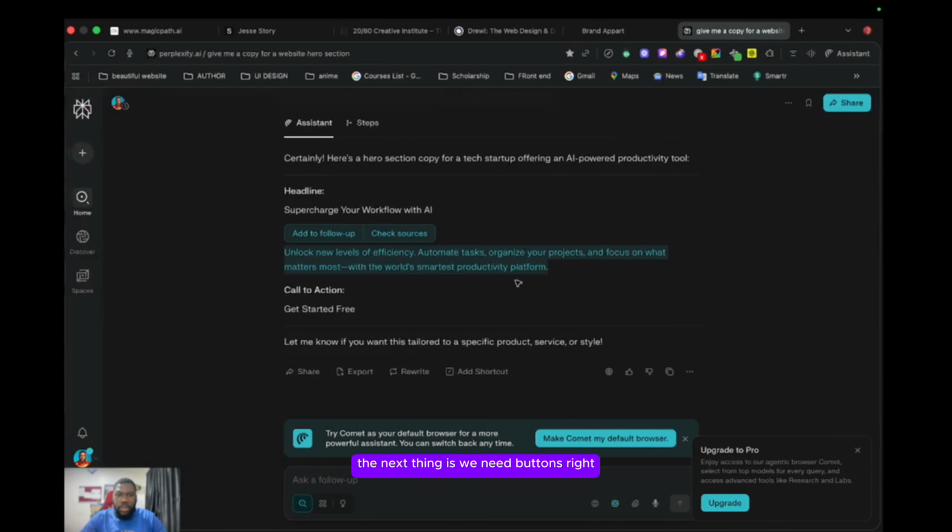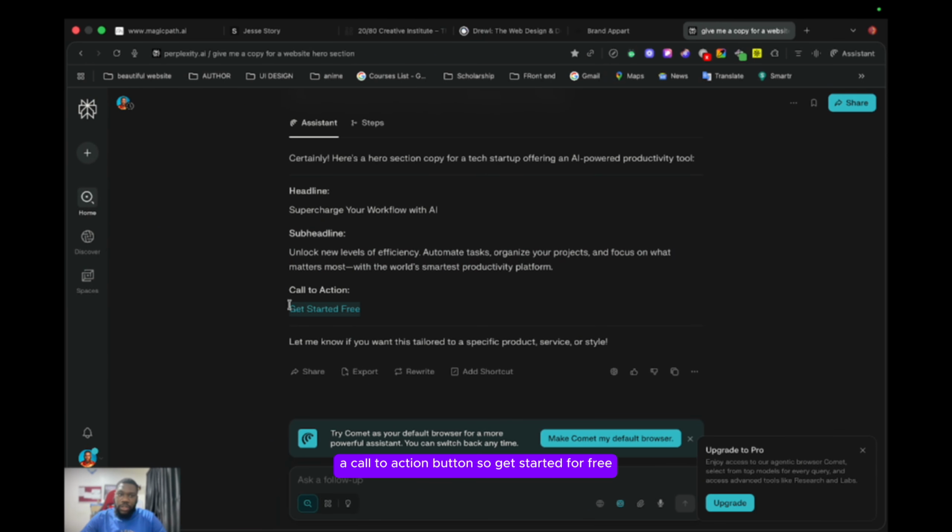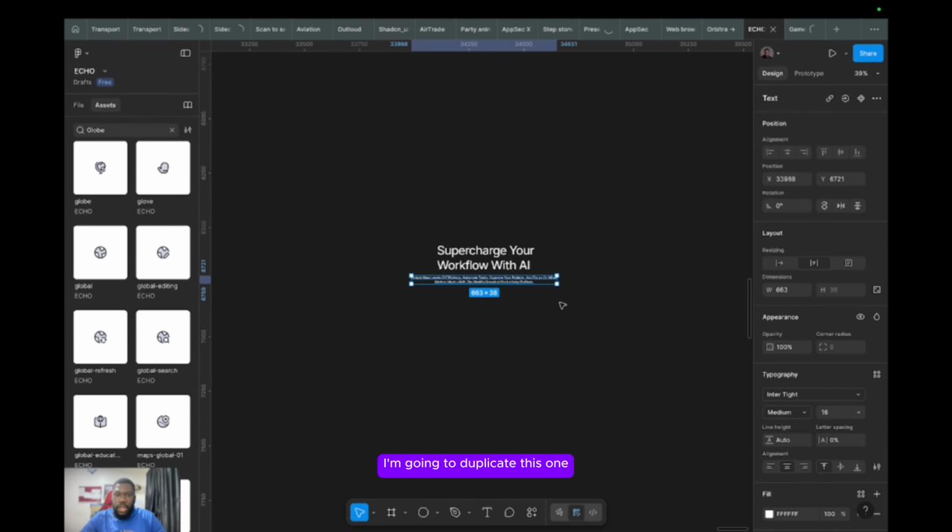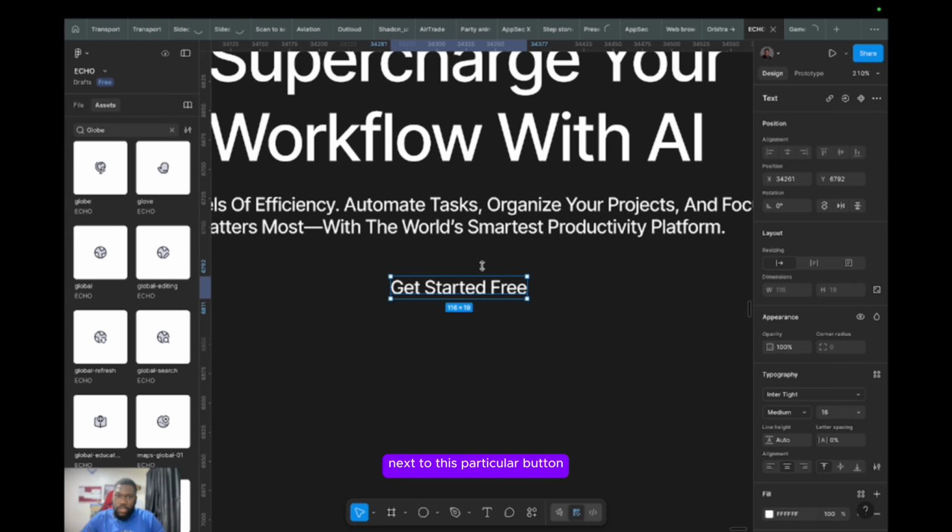The next thing is we need buttons, right? A call to action button. So, get started for free. I'm going to duplicate this one. We walk fast here. Then I'm going to close it. And auto layout is what I'm going to do next to this particular button, instead of using the old method. The old method